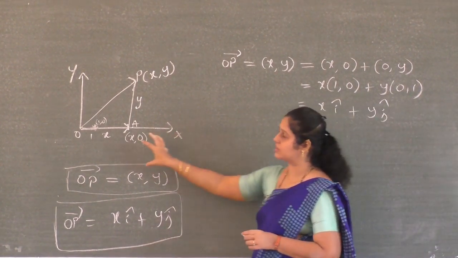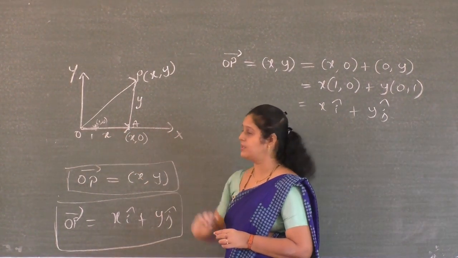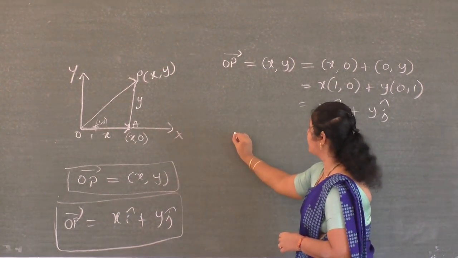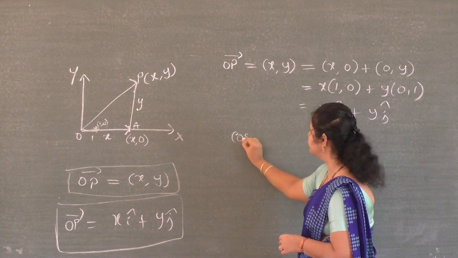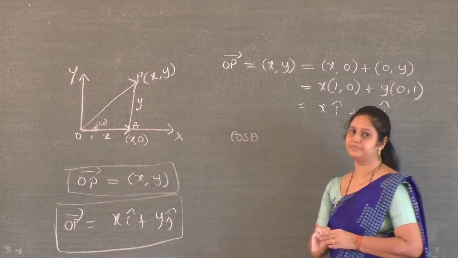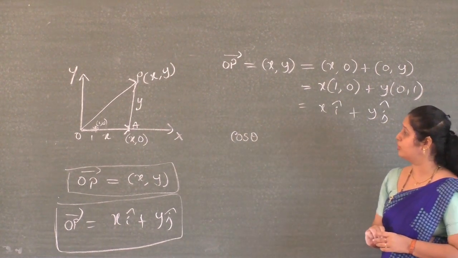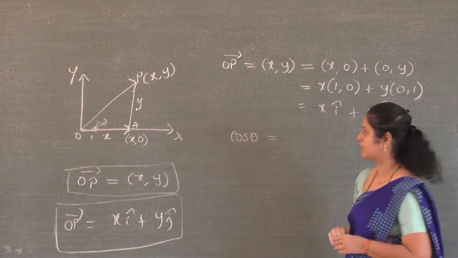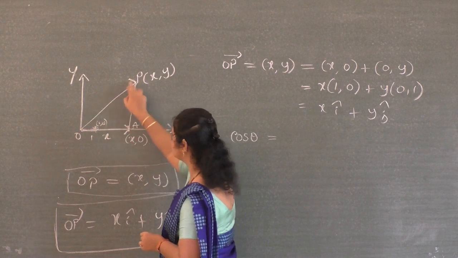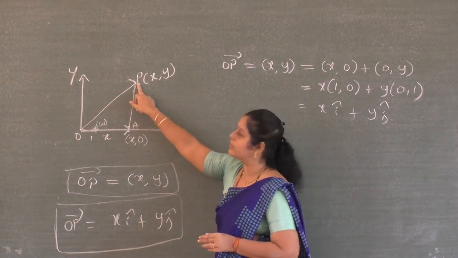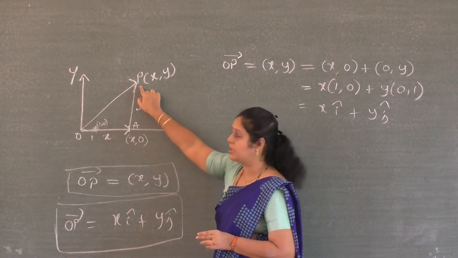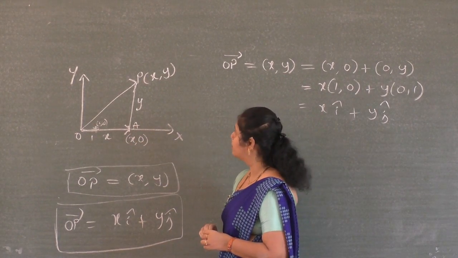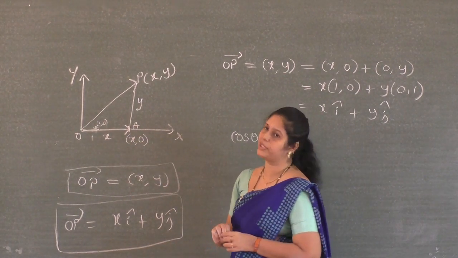So using the angle, I can write x and y. That is, define cos theta and sin theta. Before defining cos theta and sin theta, I want to find what is the hypotenuse side here. So what is this hypotenuse side? That is OP. So vector OP, but its magnitude is called just OP. So what is OP? Magnitude of vector OP.